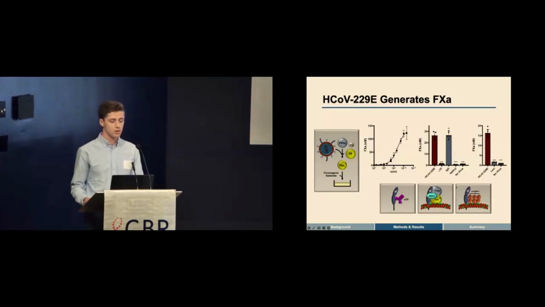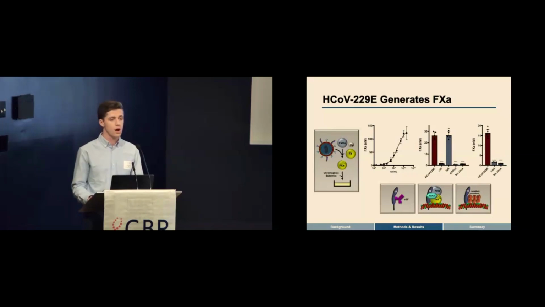Interestingly, the virus also contains anionic phospholipid that's sufficient for the binding of these coagulation factors. So we used lactadherin, which competitively binds to anionic phospholipid. And when lactadherin is present, 10A is also reduced. The next step was to see whether or not, so the virus can produce procoagulant 10A species,